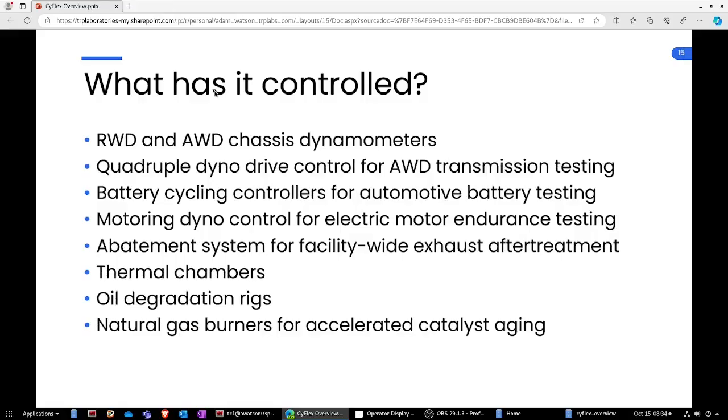Rear-wheel drive and all-wheel drive chassis dynamometers. I've personally seen one setup where CyFlex was controlling four dynos simultaneously for doing an all-wheel drive transmission test, and it was also indirectly controlling shifting as well. Battery cycling controllers for automotive battery testing. Motoring dynos that were coupled to vehicle electric motors for electric vehicle motor testing. Abatement systems for facility-wide exhaust aftertreatment. Thermal chambers, oil degradation rigs, natural gas burners for accelerated catalyst aging,